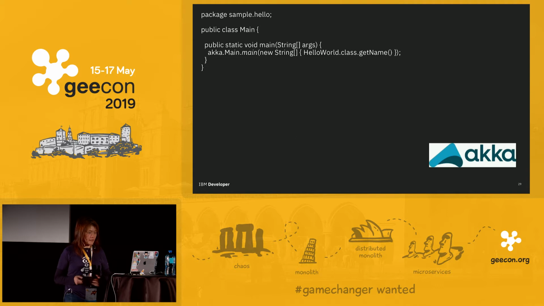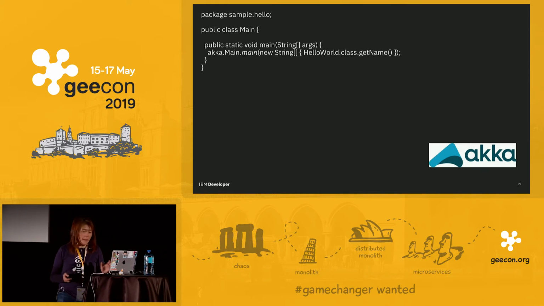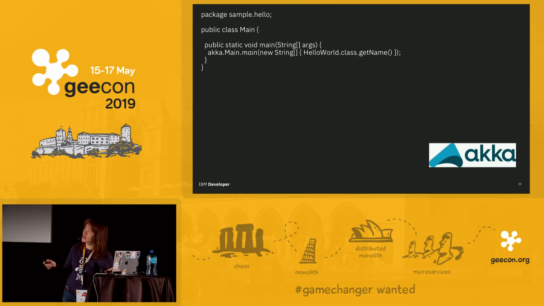Here is just a code sample of a Hello World. Over here, you'll find that using Akka takes more coding. The reason is the actor model. But once you learn about it, then you realize the powerful capability of it. But here I still want to point out, here is just a main method, and the main method is simple. What it does is basically start, it's just a small wrapper around the generic launcher, the Akka Main.main in here. This then starts constructing the main actor of this program.